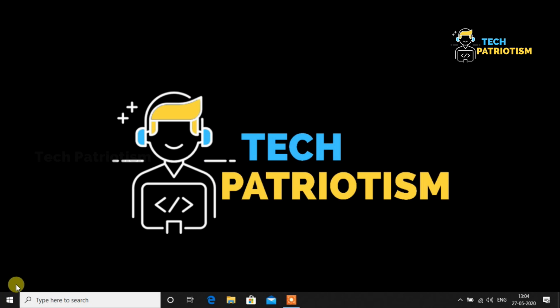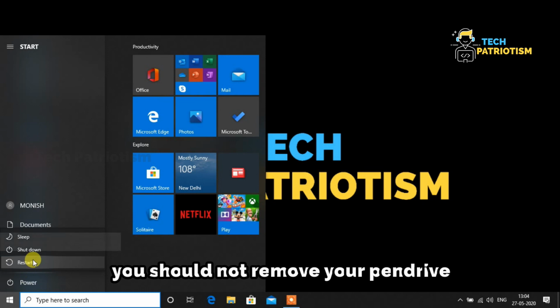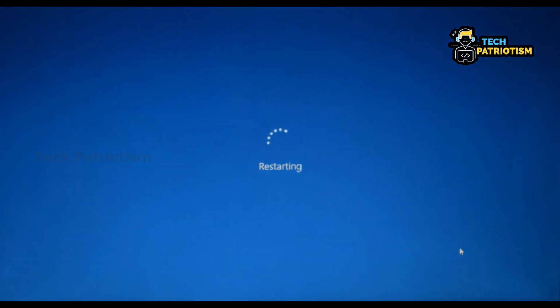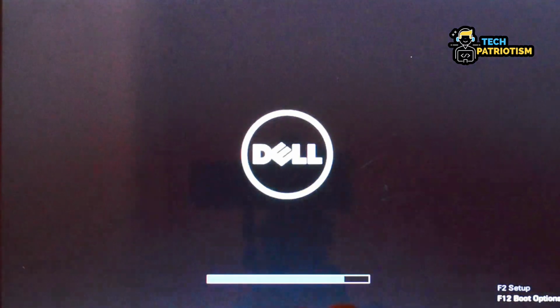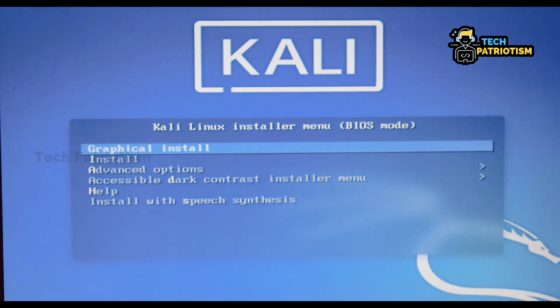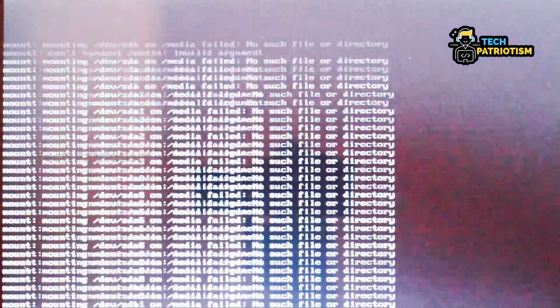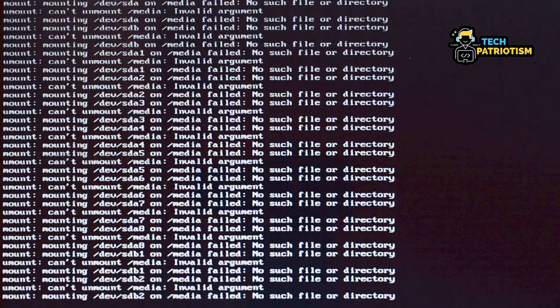After completing that, restart the computer. Make sure that you do not eject your pen drive. That is important. Then restart your computer. As it starts restarting, you should press F10, F11 or F12 to get into the boot manager where your pen drive will show. Then click OK and press enter. Then the Kali Linux installation will show up. Choose graphical install. On a black screen, text will be scrolling from down to up. Wait for a few seconds, then it will show something to you.